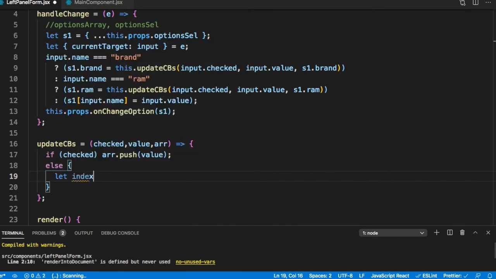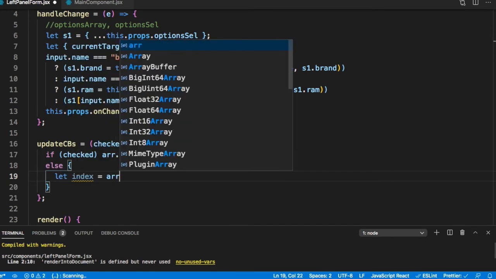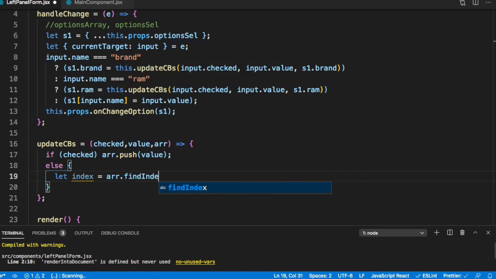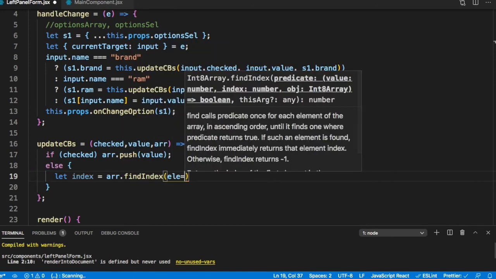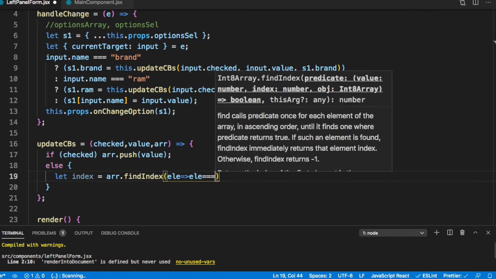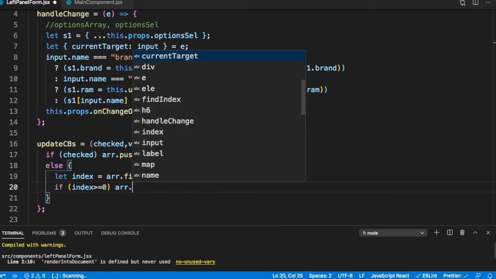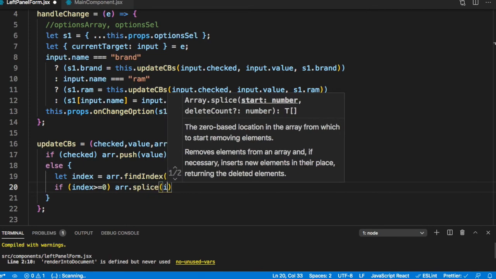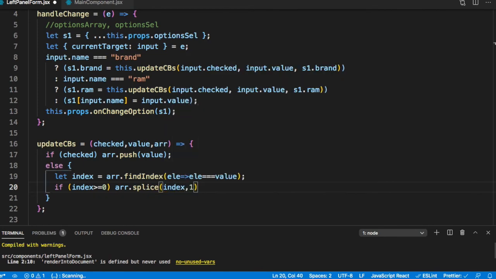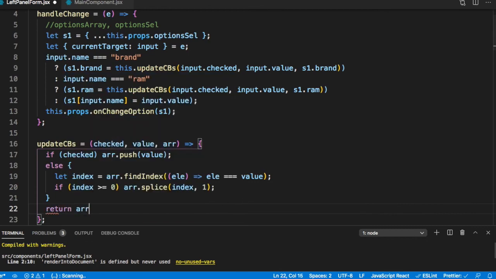So let's find the index. Let index is equal to arr.findIndex(le such that le is equal to value). If index is greater than or equal to 0, arr.splice(index, 1). Now that we have removed it, we can just return the updated array.